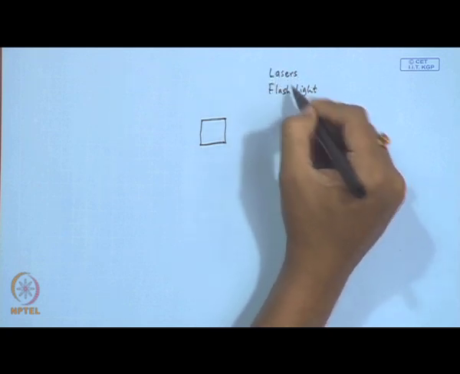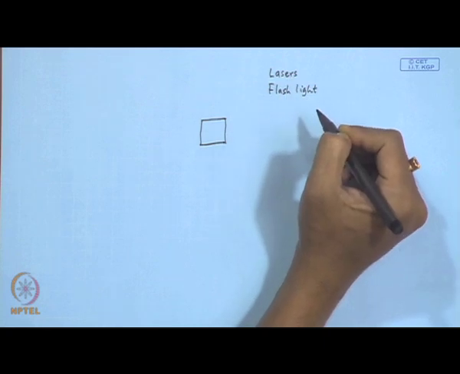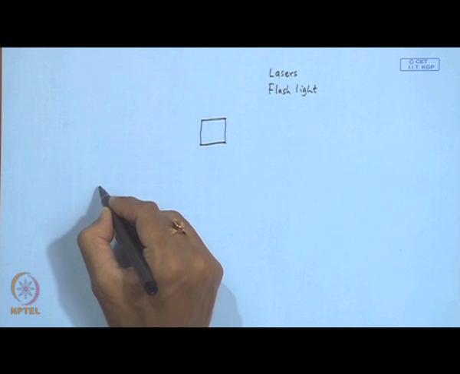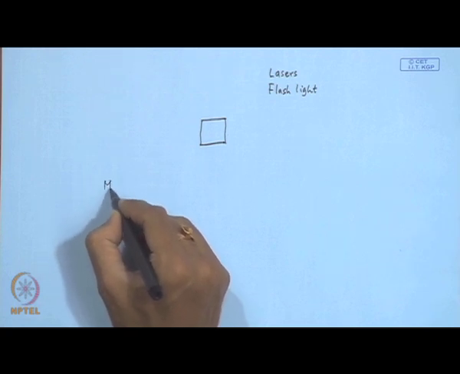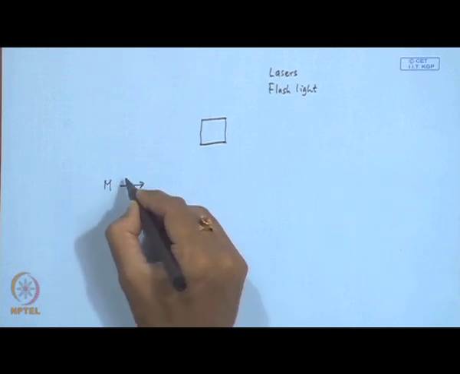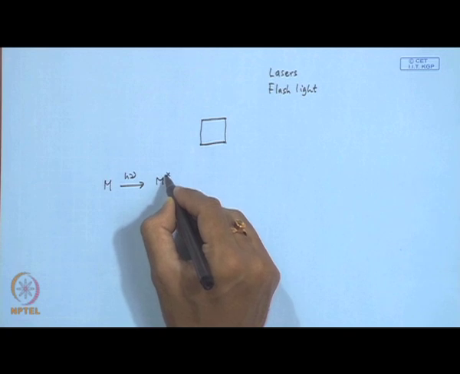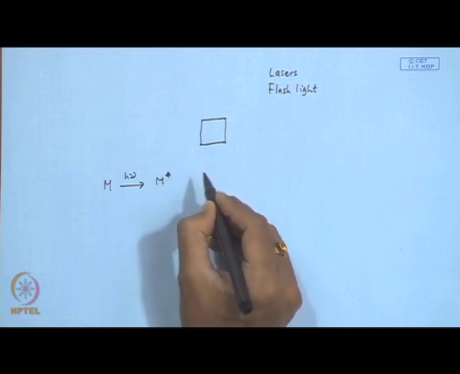I will come to lasers later on. So this is an active material. Suppose you have got the molecule M. When it is allowed to interact with radiation h nu, maybe it goes to some electronically excited state, and then